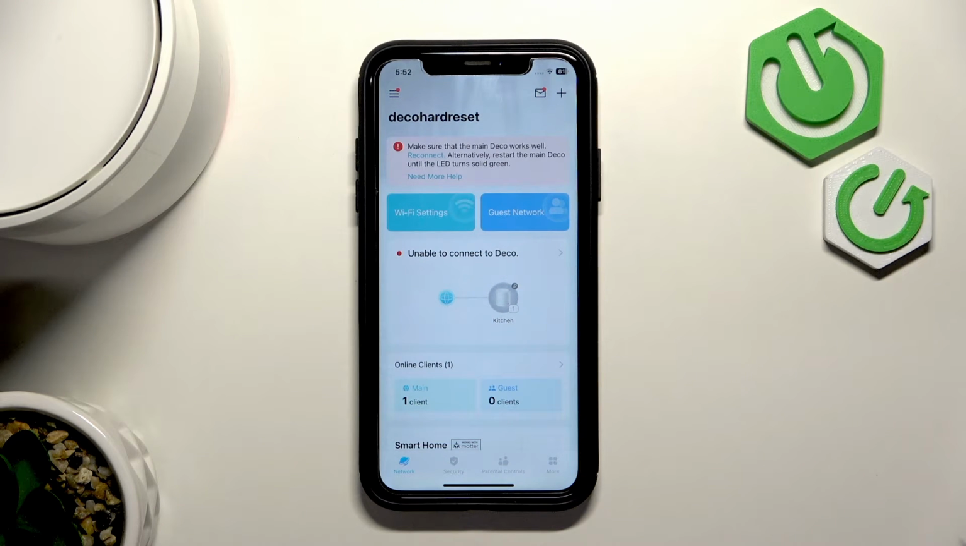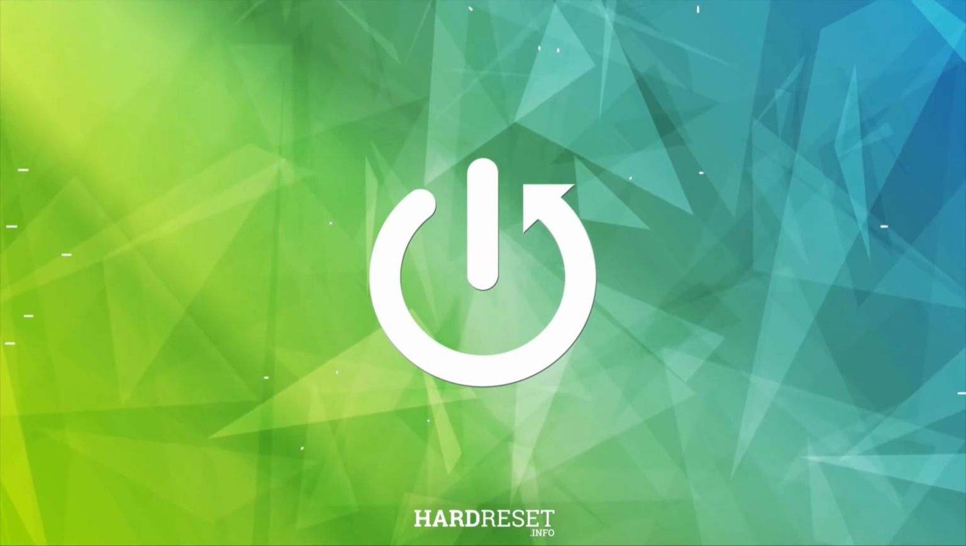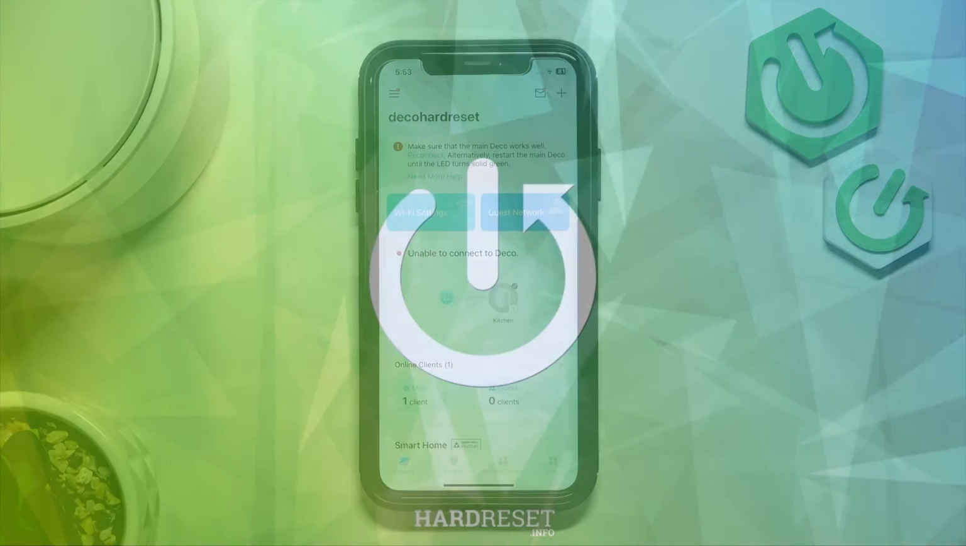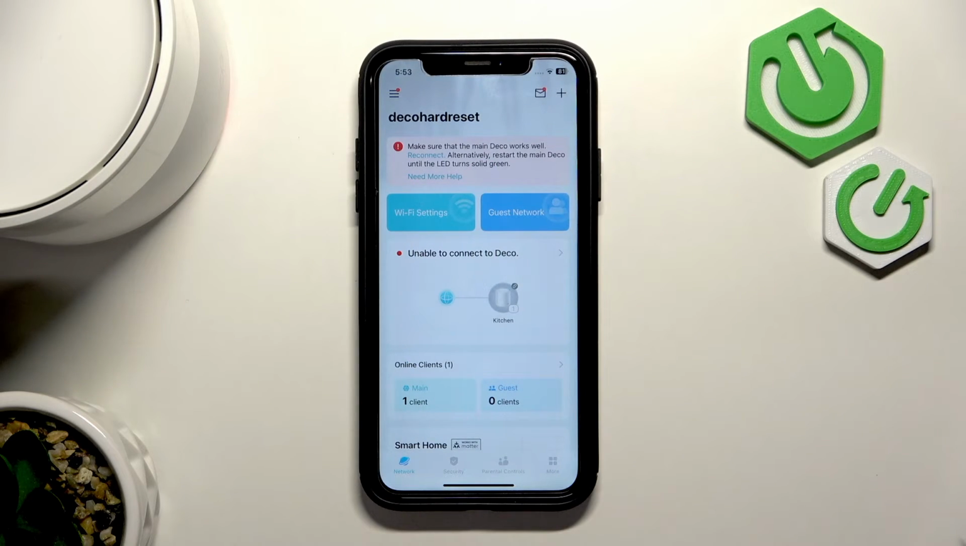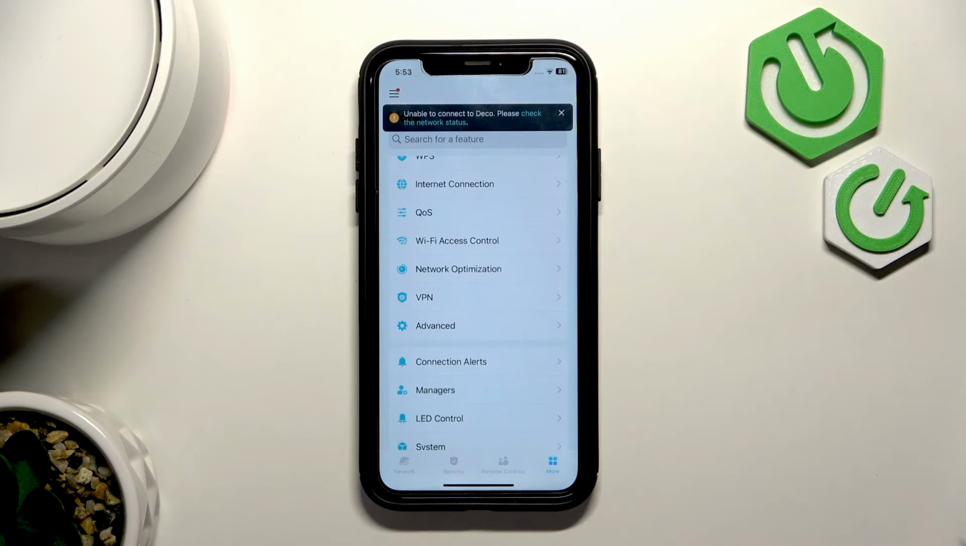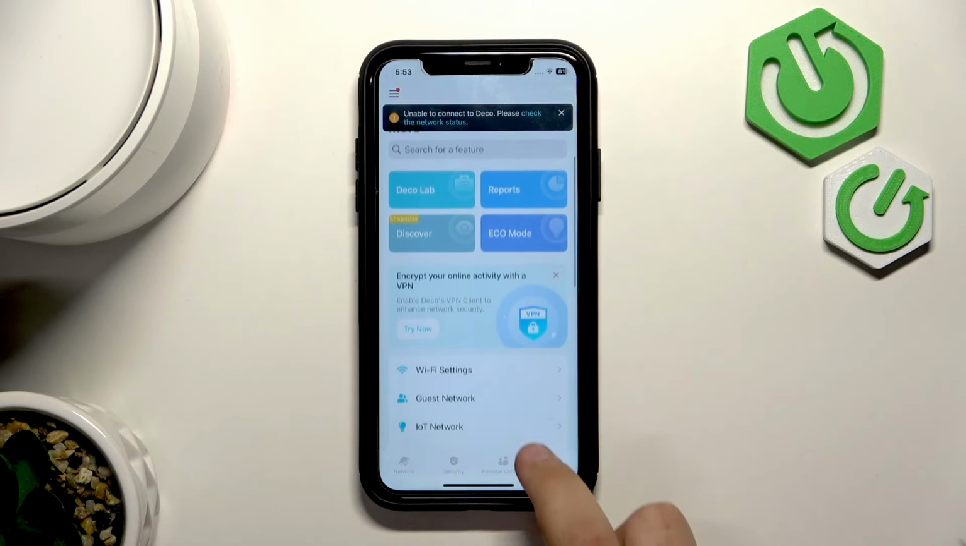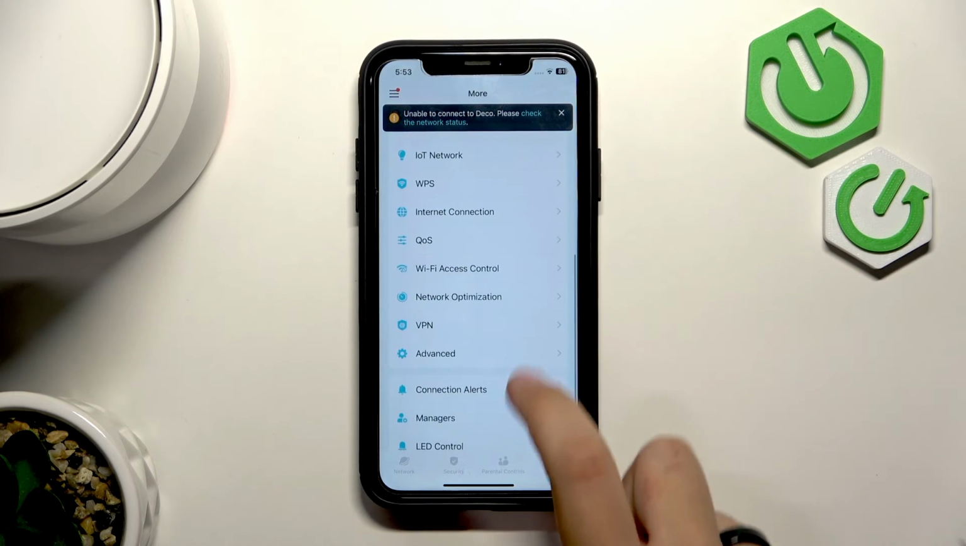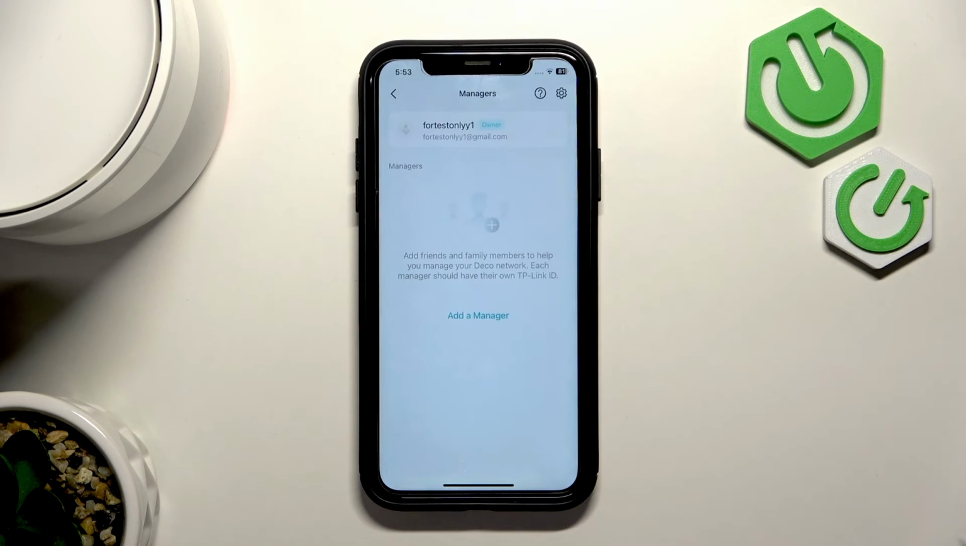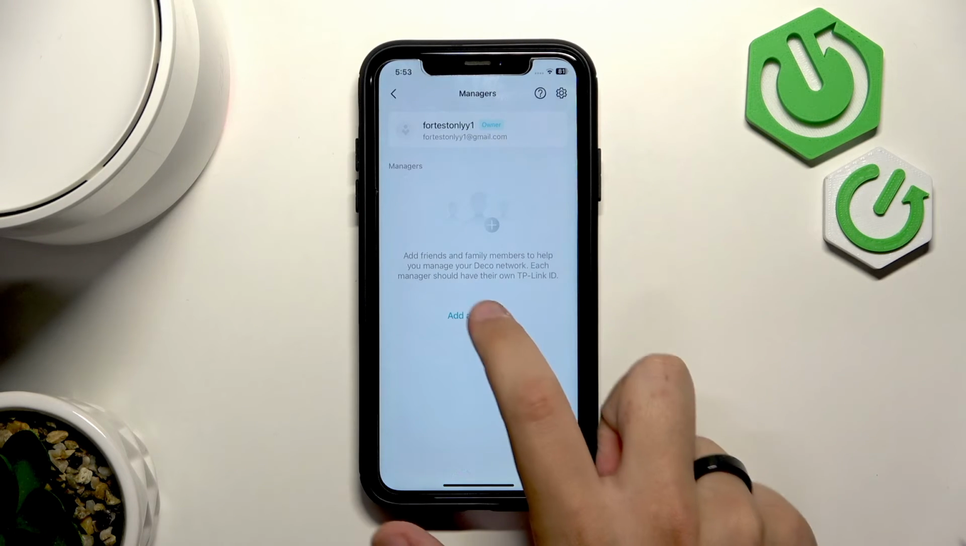In today's video, I'll show you how to easily manage the manager settings on your TP-LINK Deco X50. So first we need to go over to More in the TP-LINK Deco app. Now here we have the managers, they are right here for me. You can be on this page right here, so all you have to do is just scroll. Now go to managers, and here as you guys can see I'm the only owner, but we can add a